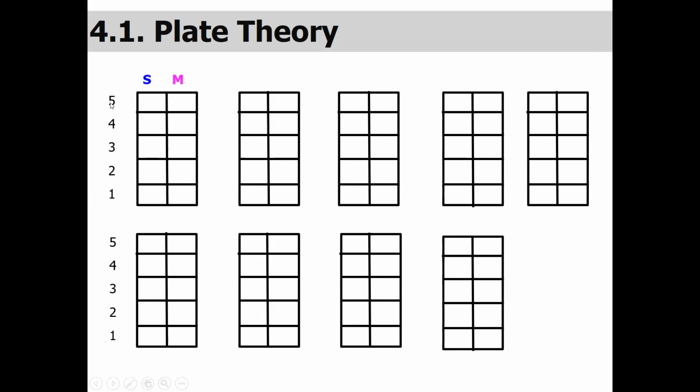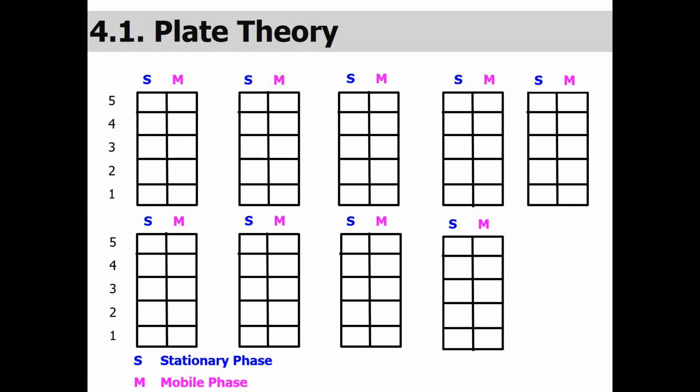Now, I'm just dividing each imaginary plate into two parts, the stationary phase and the mobile phase. S stands for the stationary phase and M stands for the mobile phase, as I'm mentioning here as well. Now this is just imagination to give you the idea. This is not something observed experimentally, just to give you the hypothesis of what is happening in the plate theory. Now what happened next?